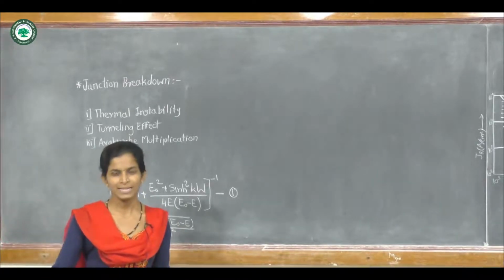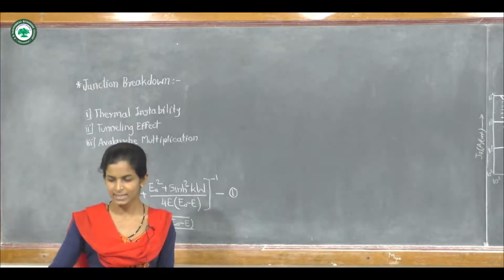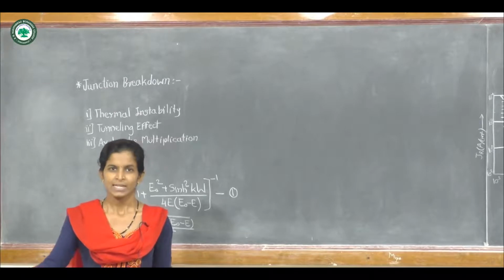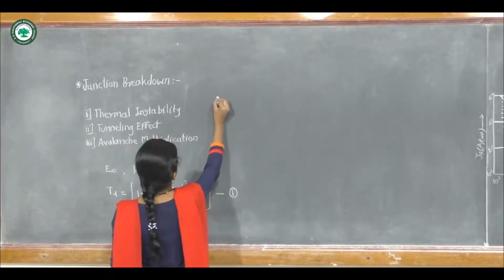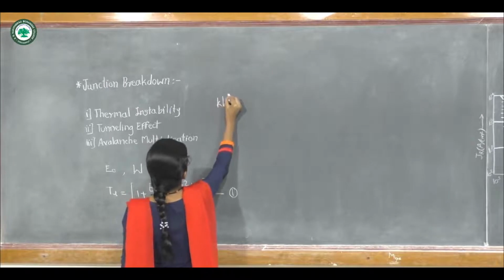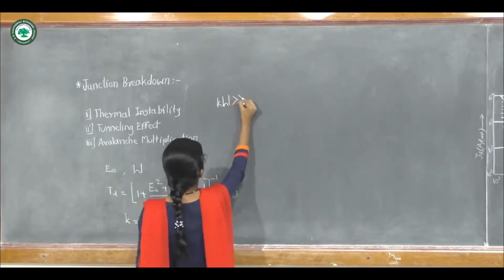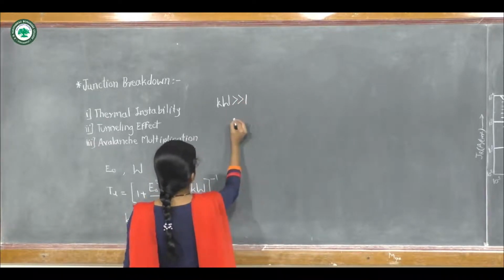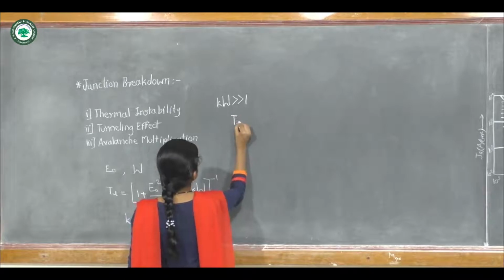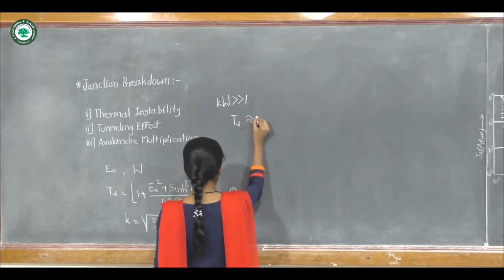The probability decreases monotonically with decreasing energy when K into W is greater than 1. The transmission probability becomes